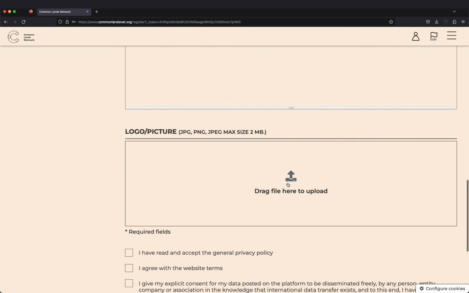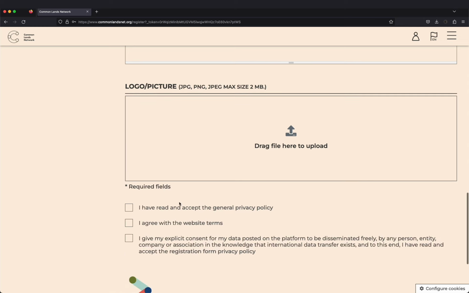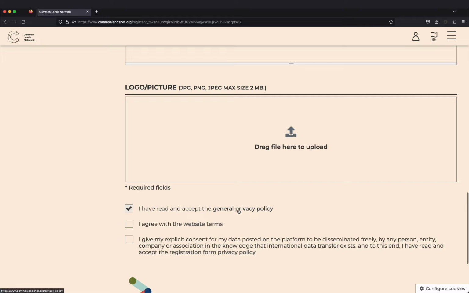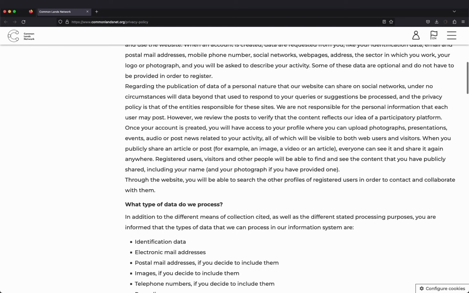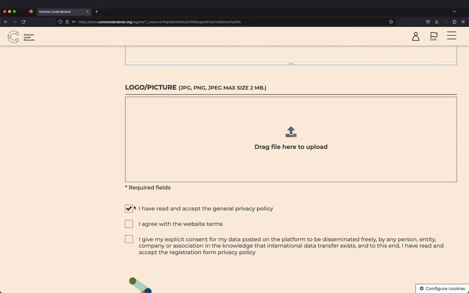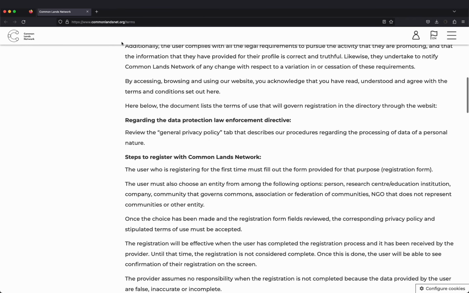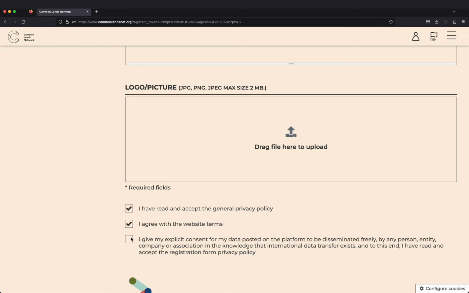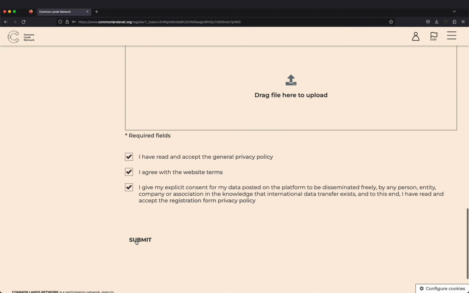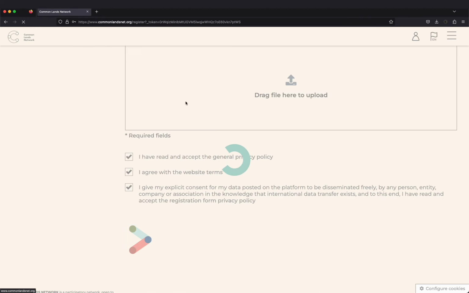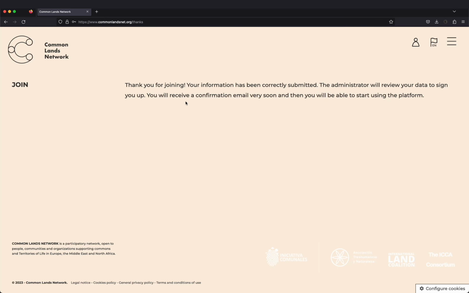We always recommend that you include a logo or photograph. Websites are highly visual tools. Finally, to register, you must accept the privacy policy and terms of use, which you can consult by clicking on the respective texts. Once this is done, click on the arrow that will appear below on the left and, if everything has been done correctly, a confirmation message will appear, informing you that your request will soon be reviewed by